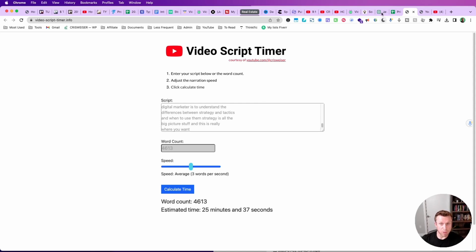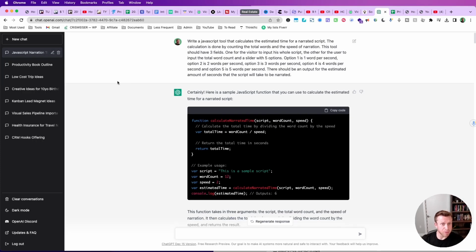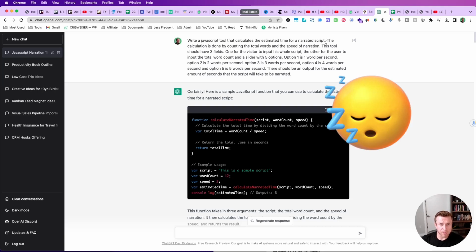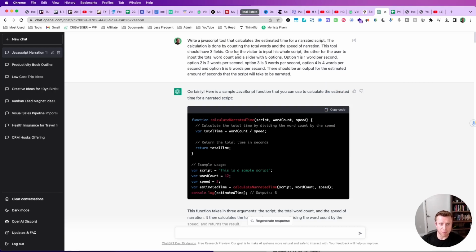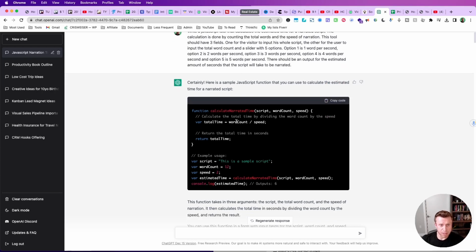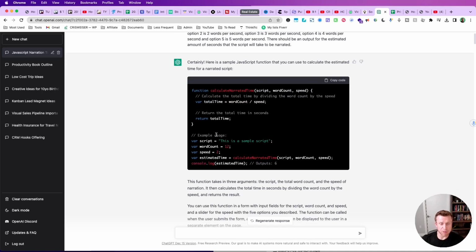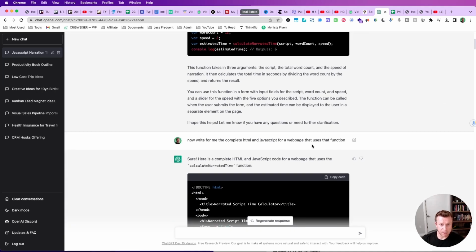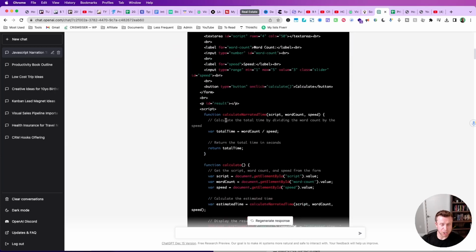Let's hop into how I did this tool. So we come here to ChatGPT and we can see here I created a new chat called JavaScript narration. And here I said, write a JavaScript tool that calculates the estimated time for a narrated script. The calculation is done by counting the total words and the speed of narration. This tool should have 3 fields and so on. So then ChatGPT produced the first piece of the code,